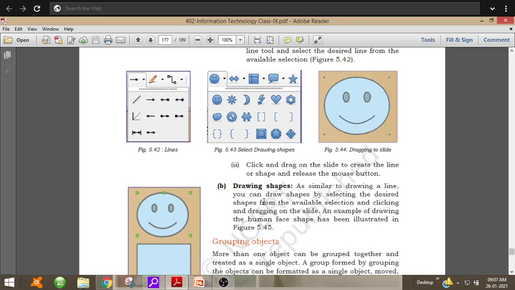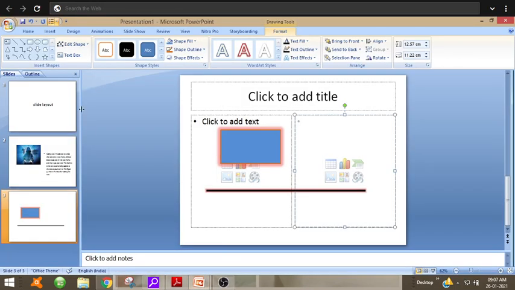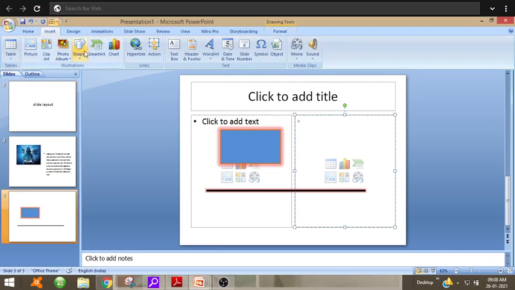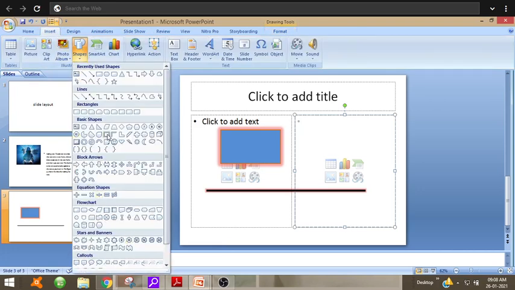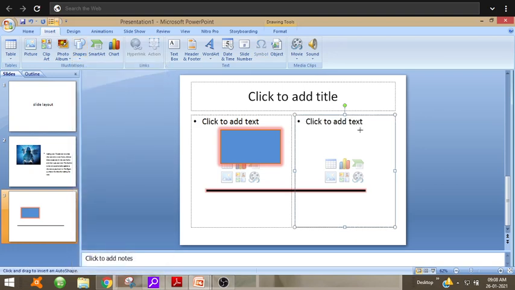Also different shapes are available and you can insert any shape. Go to insert, then shapes. Different shapes are there. So if you want to insert one, just left click and drag your mouse, so the shape will be filled. Now to insert the shape, either you right click,